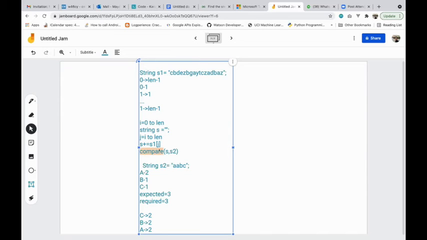So how can we optimize the time complexity? We need not create all the substrings, because if the size of a substring is smaller, then it will never match. Those can be small optimizations here and there, but in the worst case it will still be order of n cube. So this solution cannot work if the strings are large, of the order of, say, 10 raised to the power 4 or 10 raised to the power 5.